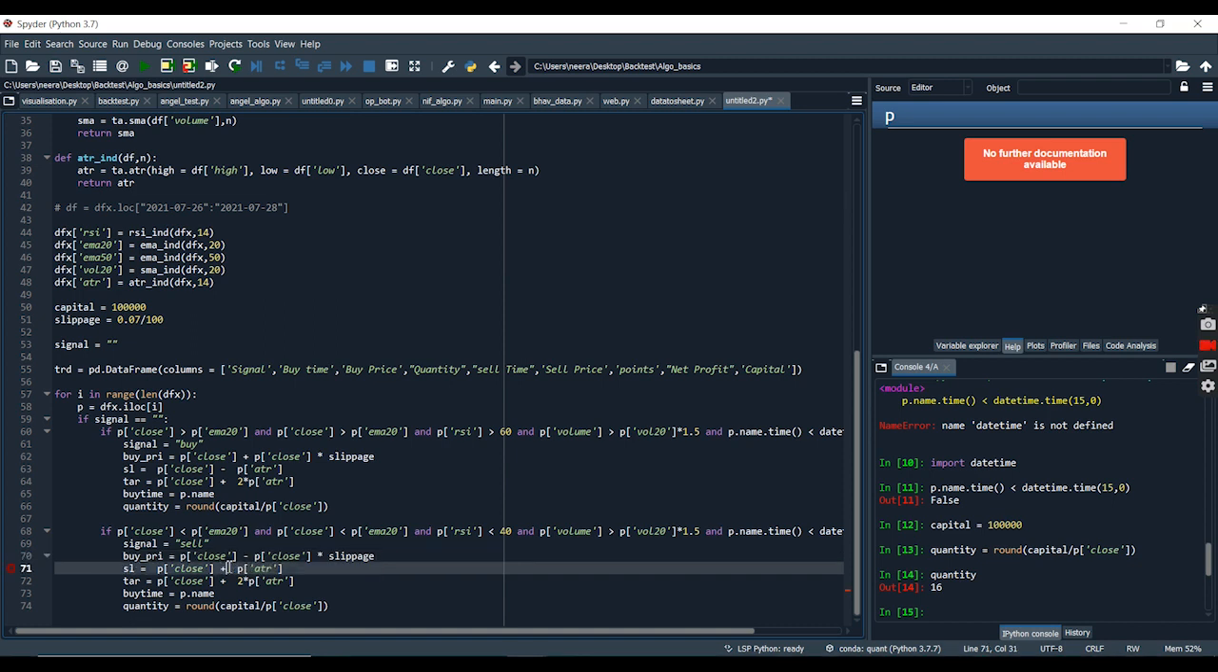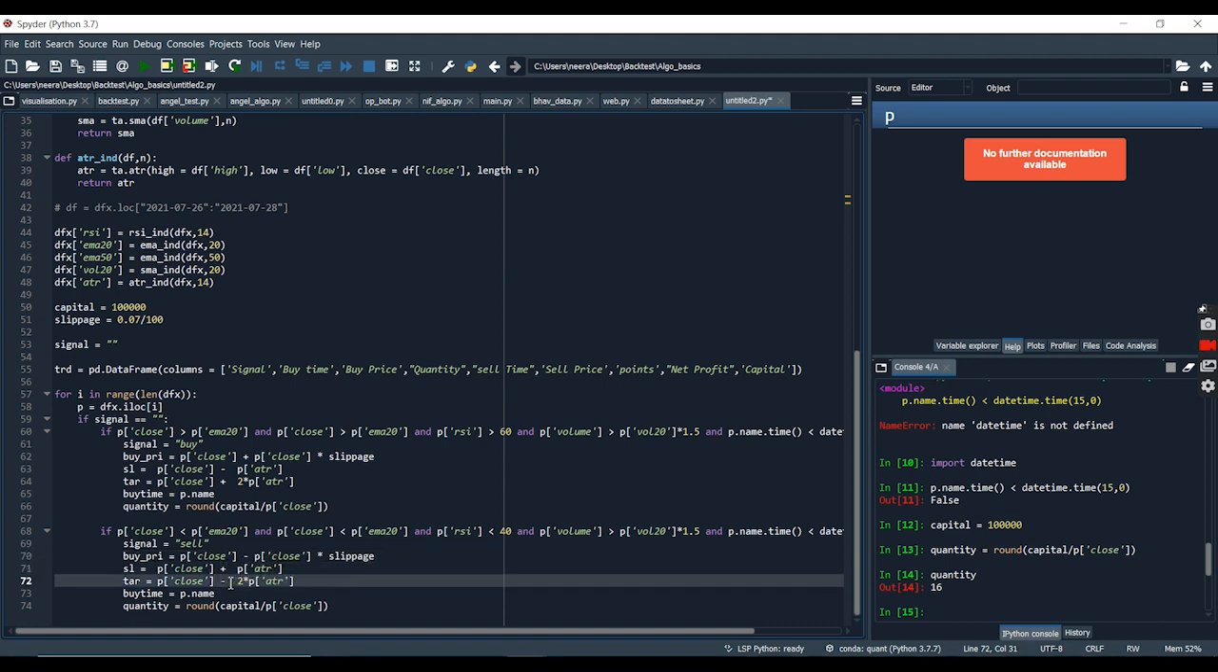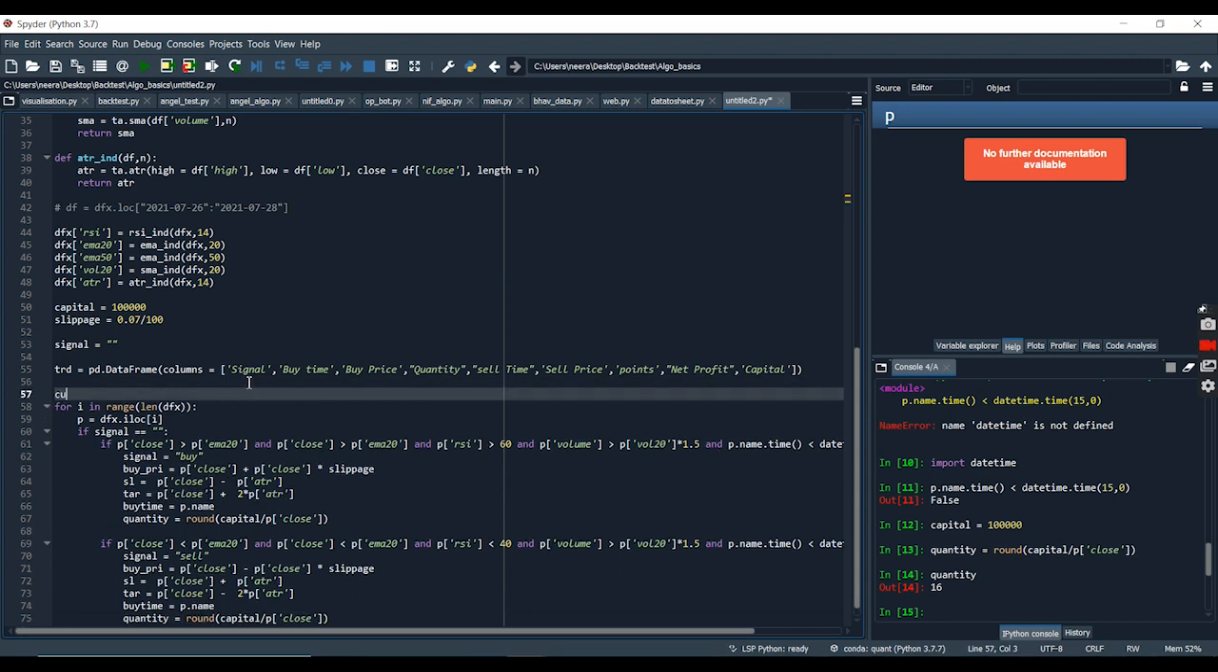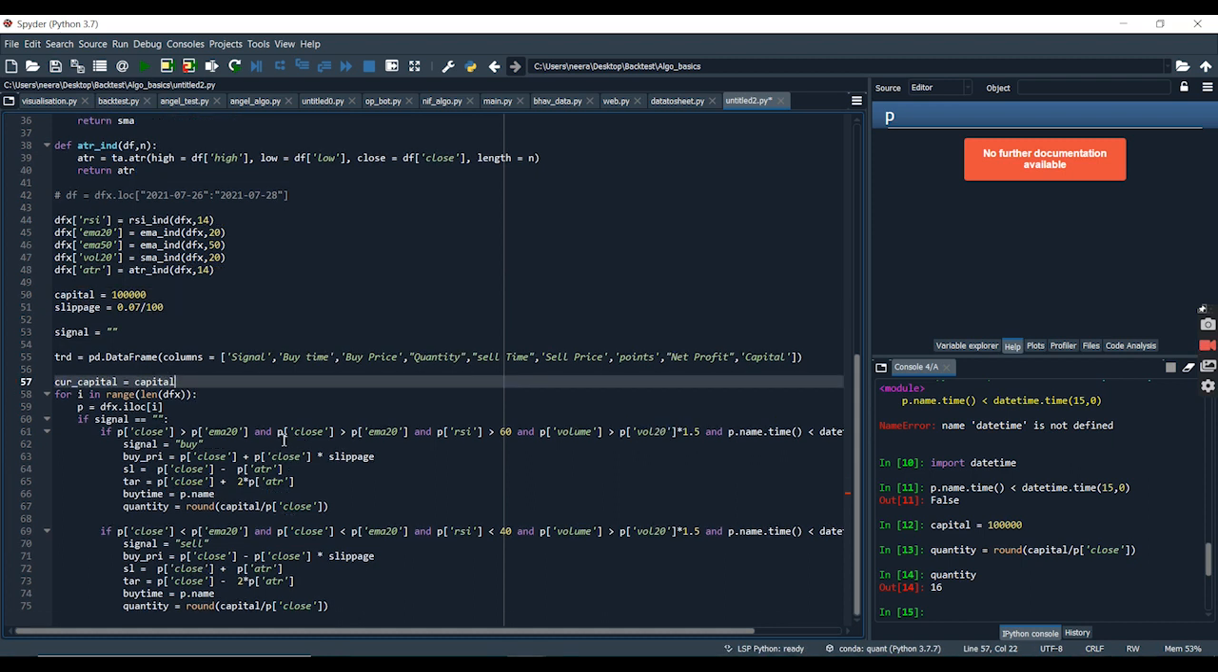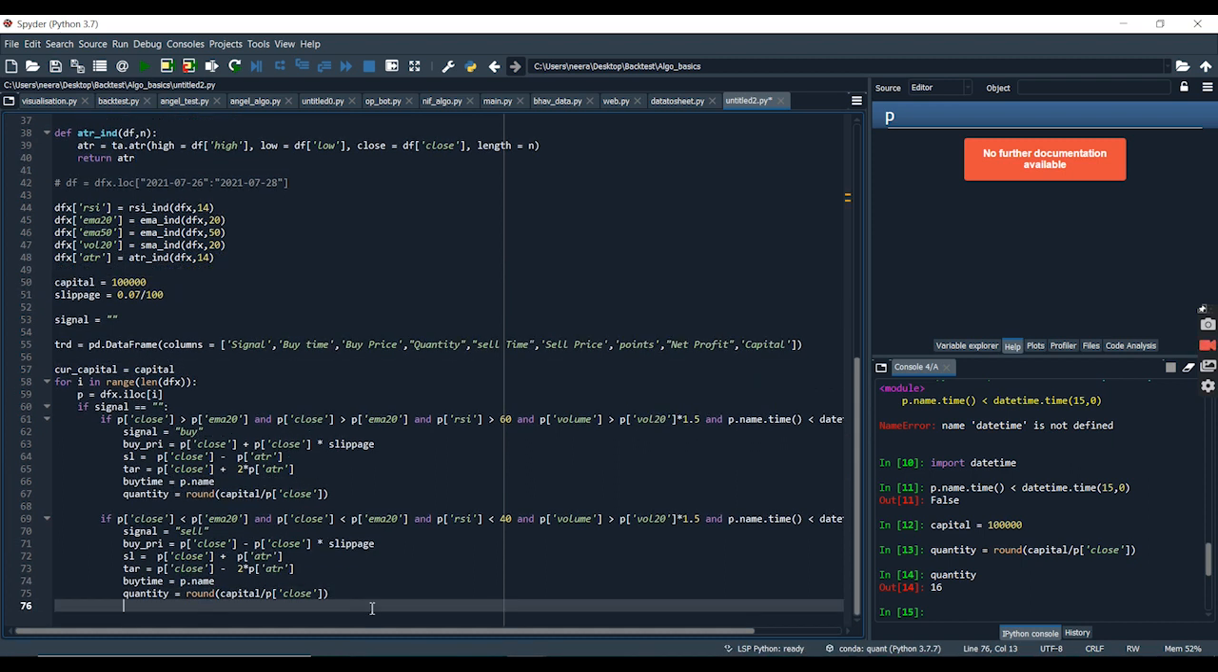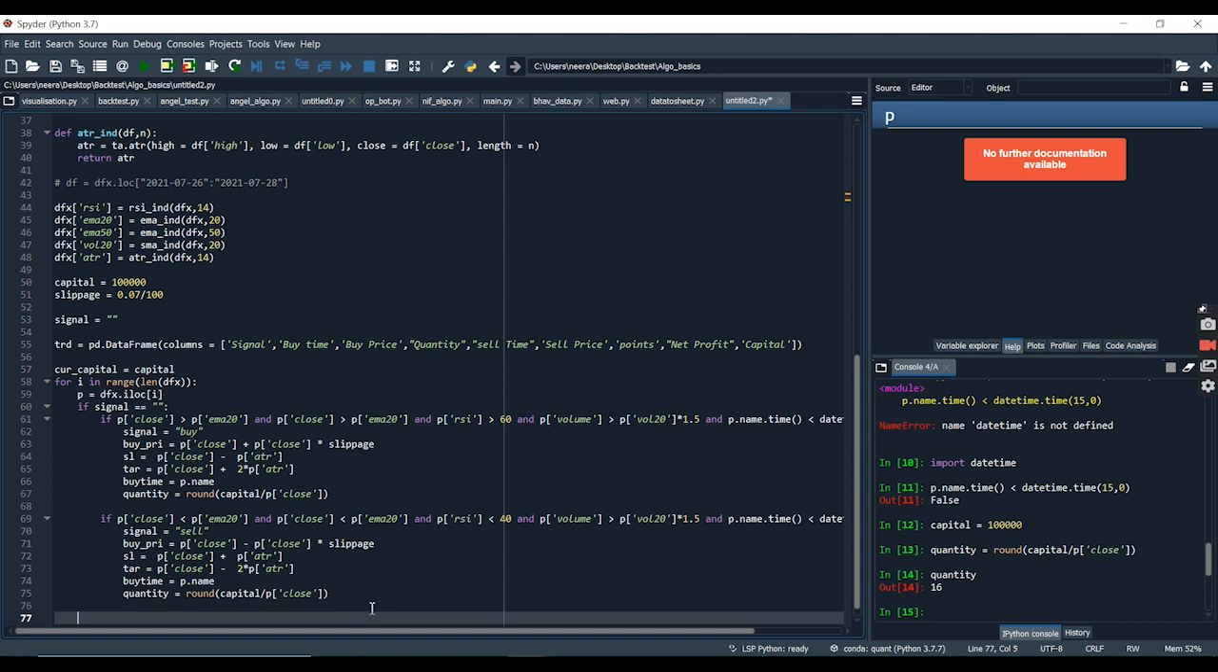Stop loss would be in the positive and the target would be negative, right? So we've got all these things over here. All right, so what I'm going to do is my current capital is, I'm writing this. I'll explain this after some time, okay? All right, so we have got all these things, and now let's write if this